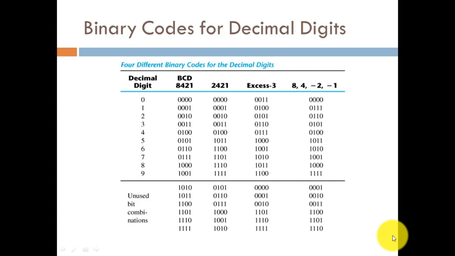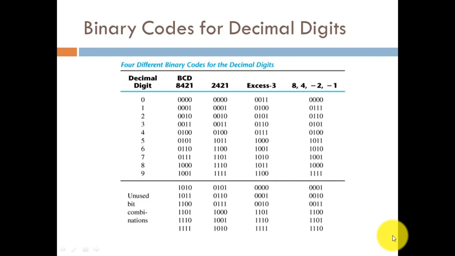So this particular slide is showing the binary codes for decimal digits. Here the decimal digits are 0, 1, 2, 3, 4, 5, 6, 7, 8, 9. In BCD 8421, the 4-bit equivalent turns out to be 0000 up to 1001, as we had already discussed. Whereas in the 2421 scheme and the excess-3 scheme, we have represented these decimal equivalents like this. So this is the table showing how we represent different binary codes for the decimals.